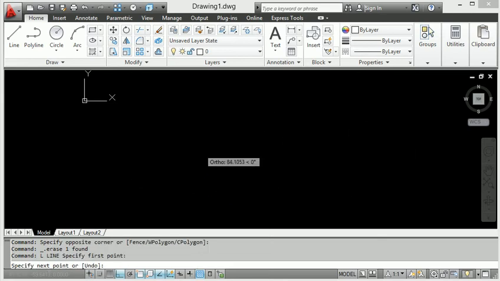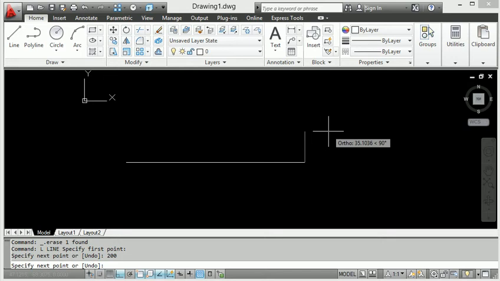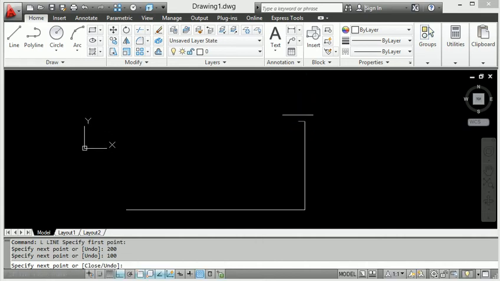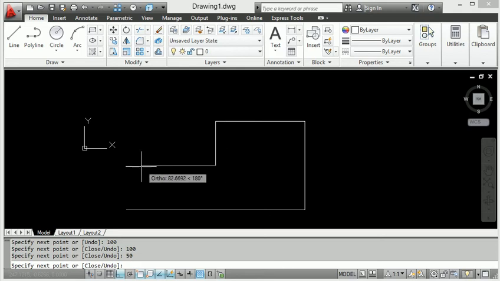See this. Again I put down the value 200 and get this dimension. Then again 100, and then 100 again. Then 50, then again 100.